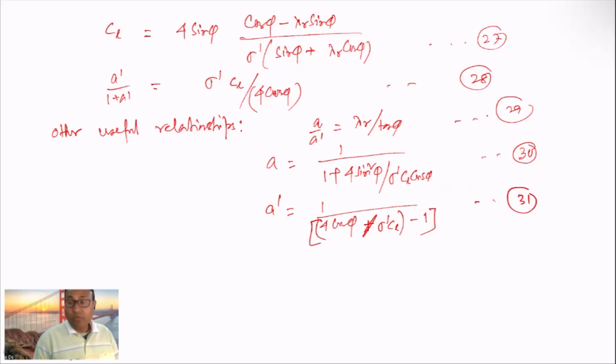So now one can look at the solution methods for all these equations that you obtain from these calculations. Effectively, what one has to do is find a prime, lambda, CL and all these things. These are your design parameters, because you have a fixed wind speed, and for that we need the induction factors and the CL, CT variations. Okay, we'll discuss the solution method in the next section.